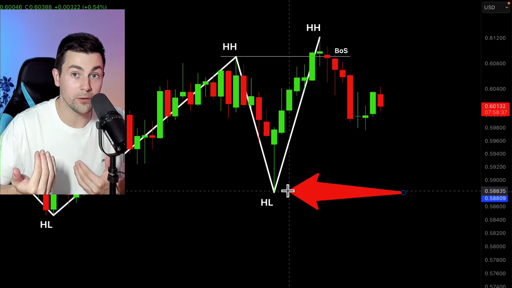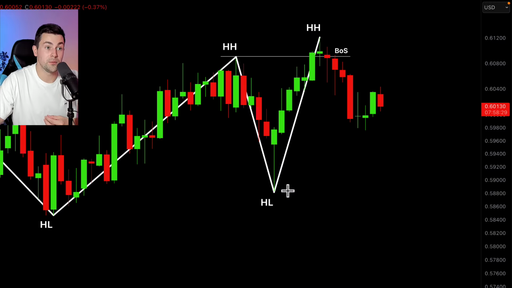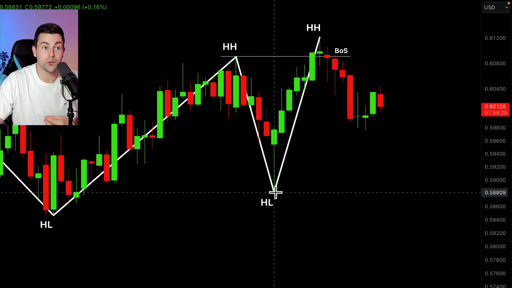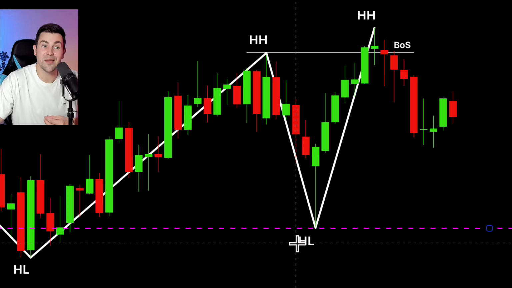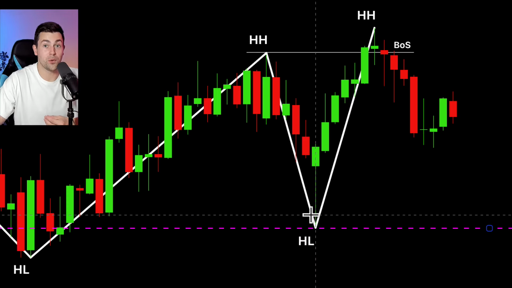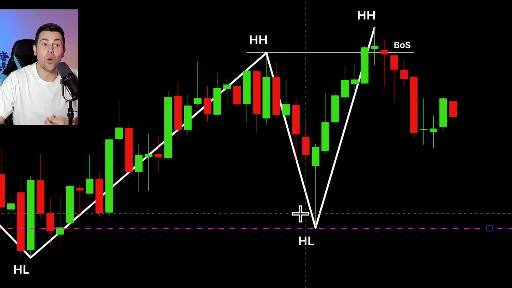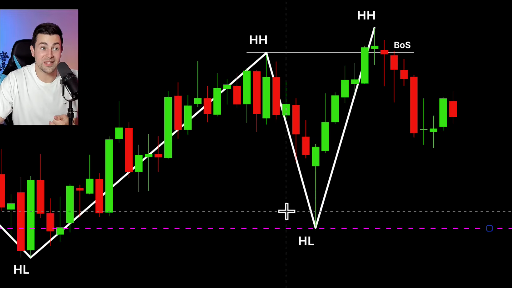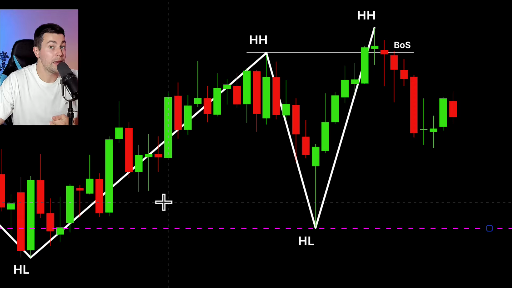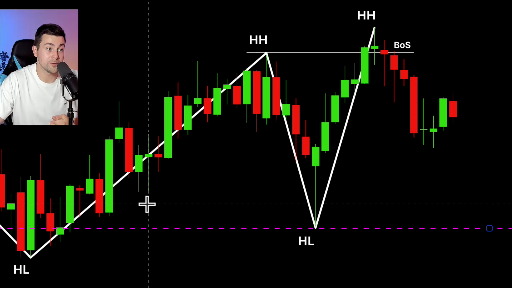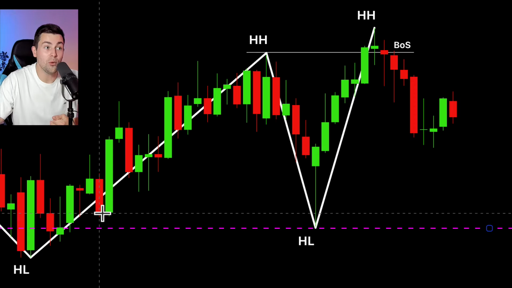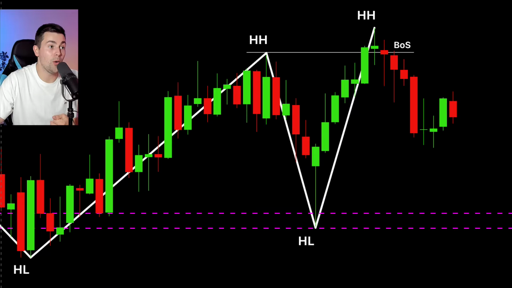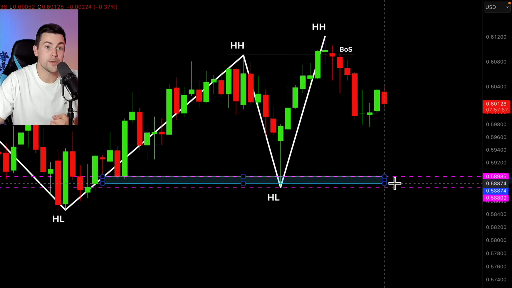In order to draw that zone properly, remember that the low of your bullish order block zone will be the low of the last higher low, while the high of your bullish order block zone will be the lowest daily candle close among recent historic candles. In our example, our upper boundary of that zone will be right here,